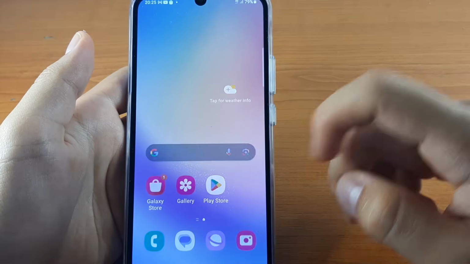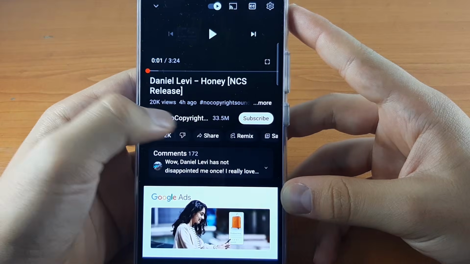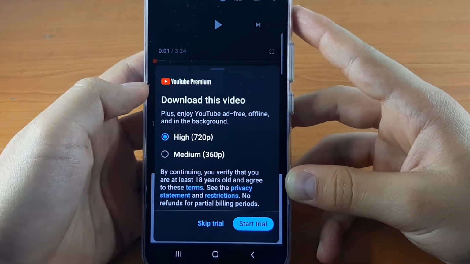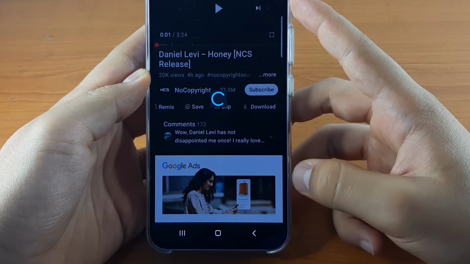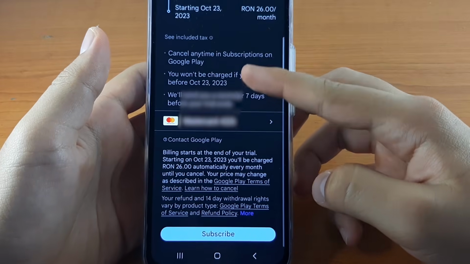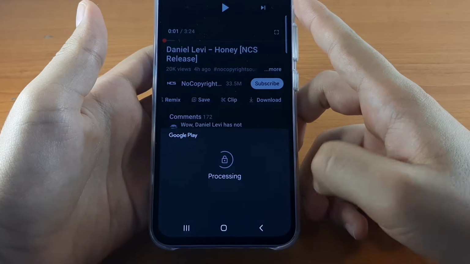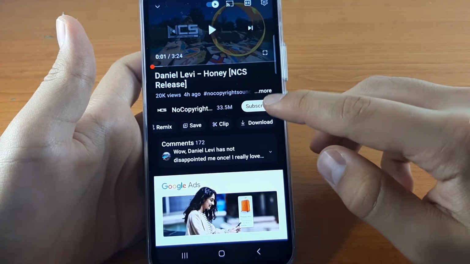First thing, go to YouTube, select your preferred song, after that scroll on your right and click on download. Here you choose your quality and then click on start trial. Here you have all your information and after that click on subscribe. You can click on no thanks, and now if you click on download,